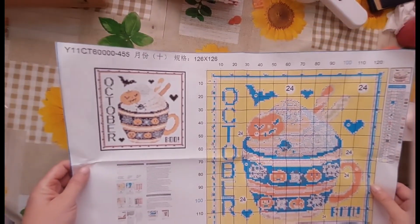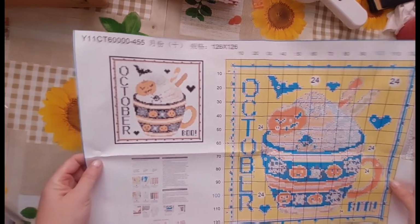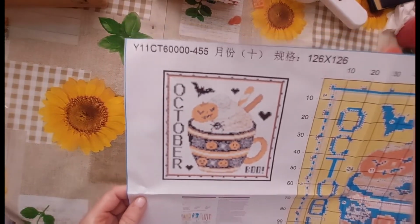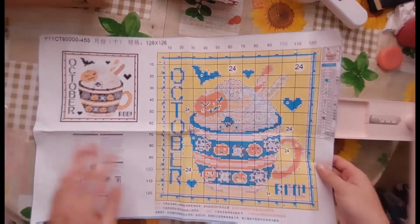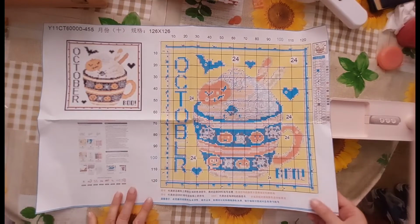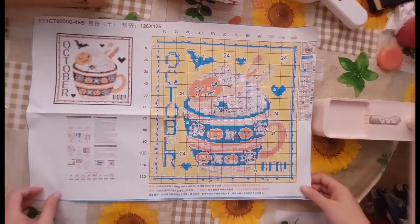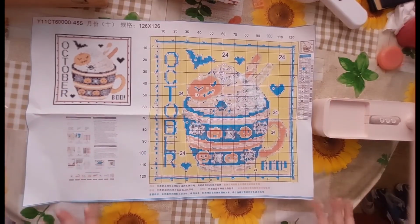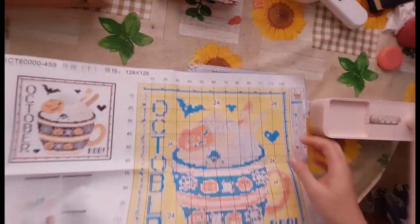Okay, so we're just having a look here. So it's 126 stitches by 126 stitches. There is our kit number there, and yeah, I really like this legend. This is perfect. So this chart, so perfect. Right, let's have a look at the actual